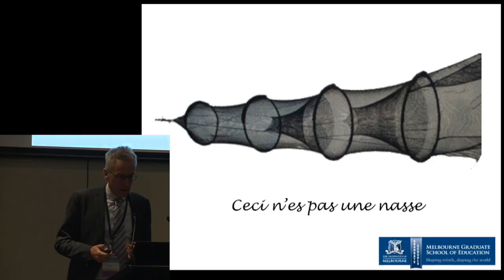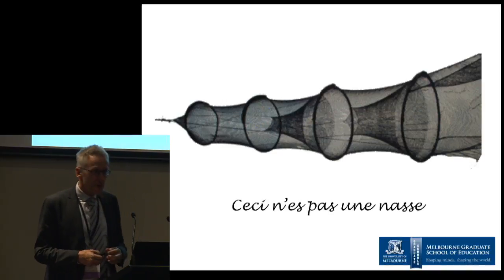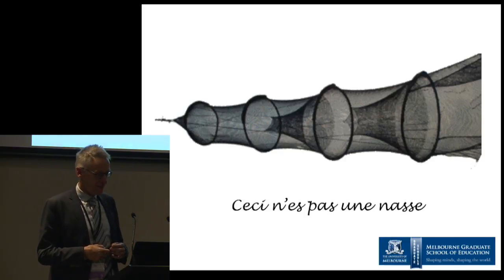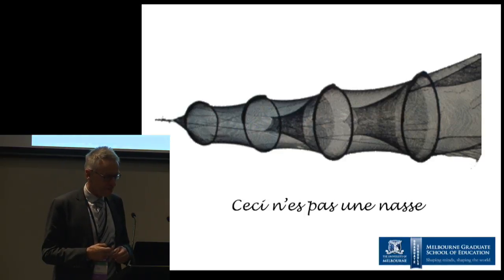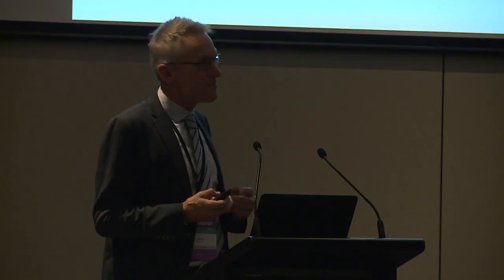And I use this image, which I don't even know the English translation of, but I guess you get the idea, paraphrasing the Brussels artist René Magritte. This is how many students talk about teaching as a job. Once you're in, you can never get out again. Whether that's true or not, these are perceptions of students that really play an important role in their decision to become a teacher or not.